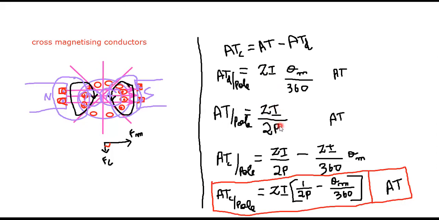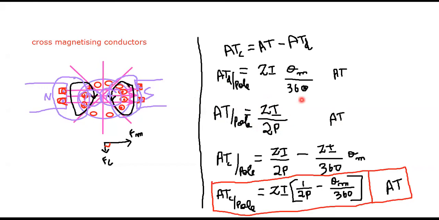So it deals with the number of poles, and the unit I need is the ampere turns. But here it is mentioned as ampere conductors. So I want to convert this conductor into number of turns. So I just divide it by 2. The basic formula here is Z equal to 2T. So if I convert to turns, T equals Z by 2. So it resembles the unit as ampere turns. So I estimate the total value for the ampere turns. Now I have the value for the ampere turns with respect to the demagnetization effect.